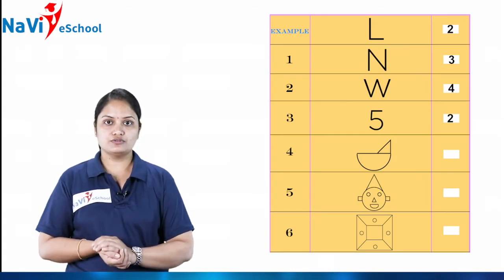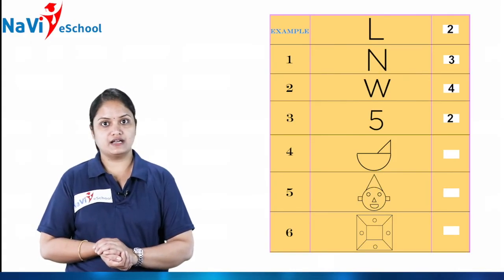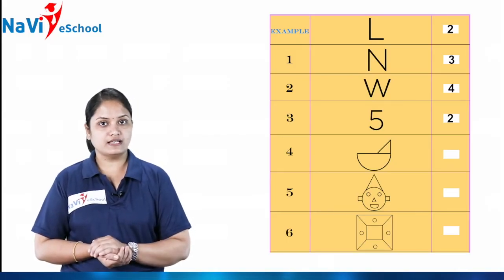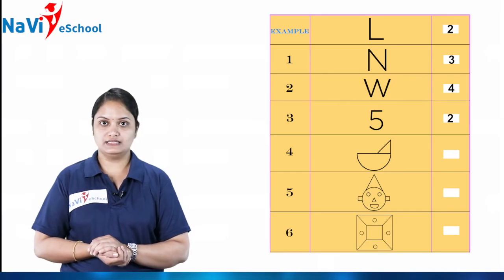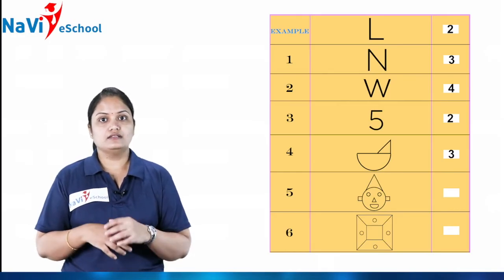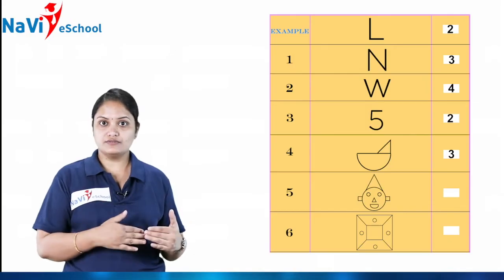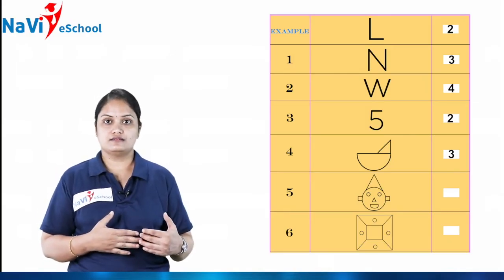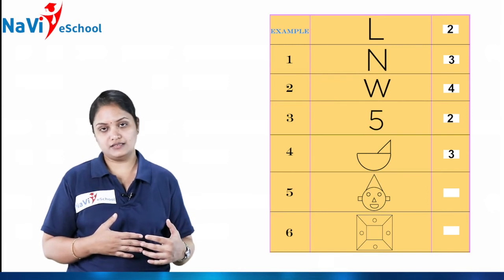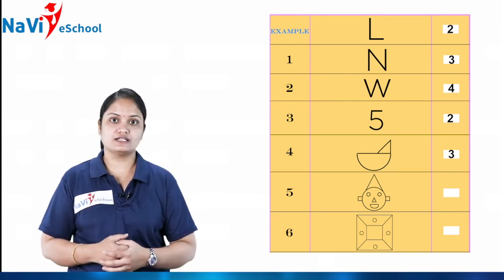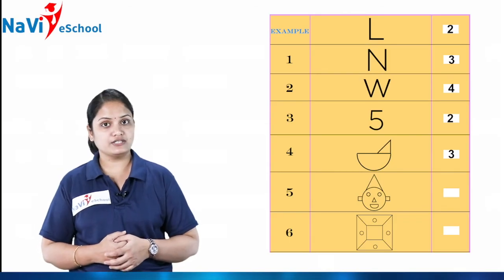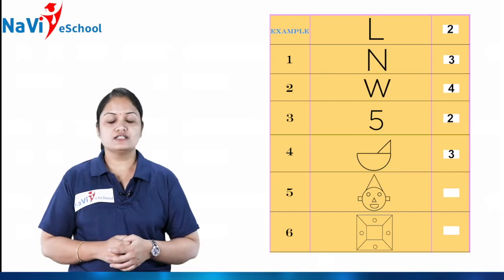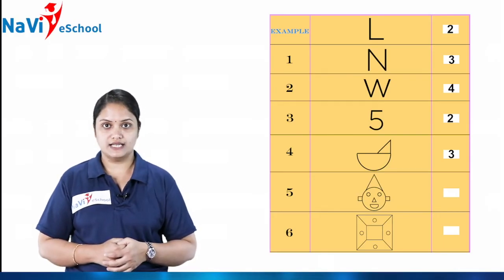And next we'll move on to another example. See, in this figure, how many straight lines are there? 1, 2, 3, isn't it? So these are the straight lines. The other one, you can say, is named as 4. It looks like a straight line. Does it? No, it is not a straight line. Then what is it, children? As you know, we have discussed it before, right? So this is called a curved line.